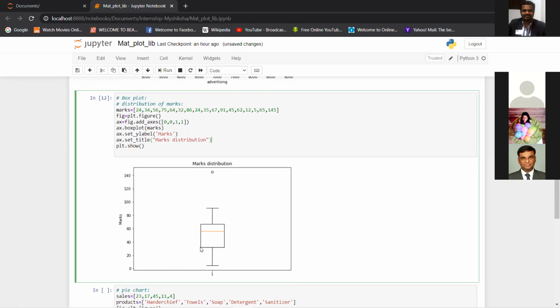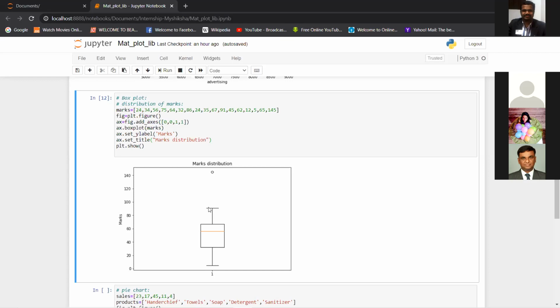This line is basically the 25 percentile of the data. It divides the data into four quarters. This is the 25 percentile line. This is the median, that is the 50 percentile of the data, and this is the 75 percentile.